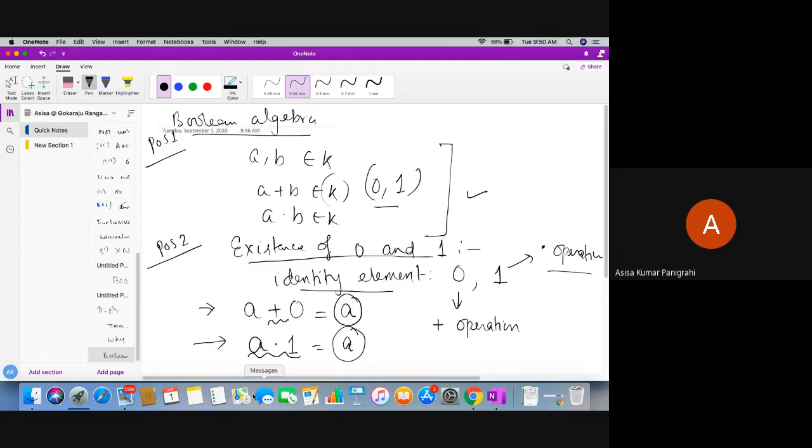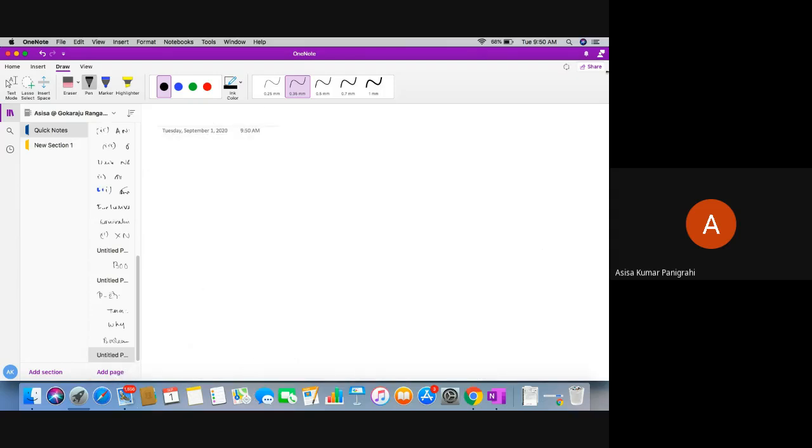Now the question has come up, sir, how will it be? Can you prove it? Yes, we can prove it. See now. Any postulate apart from postulate number 1, we can prove using the truth table technique. What is a truth table, students? Truth table describes the relationship between input and output. So here I am going to do A plus 0 is A. What is this? This is existence of 0.